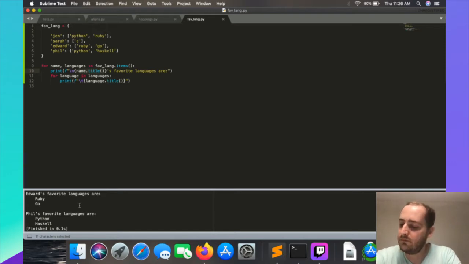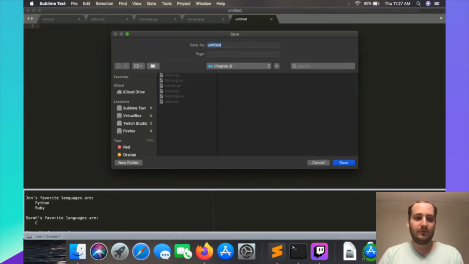You can nest. That's called nesting whenever you put a list inside of a dictionary. Python doesn't recommend that you nest everything too deeply because it can get complicated. If you have too many dictionaries nested inside of dictionaries and lists inside of those dictionaries, you kind of want to avoid doing that. But we're going to move on to a new program called